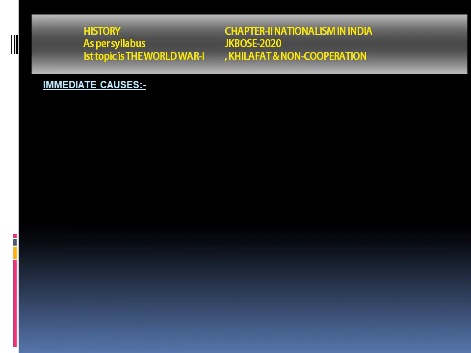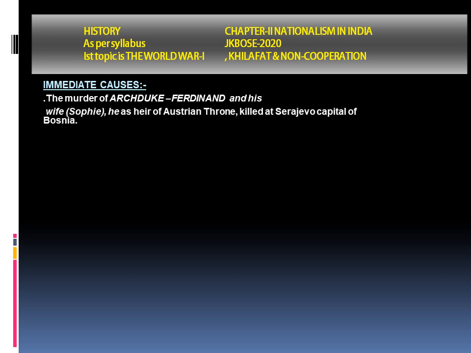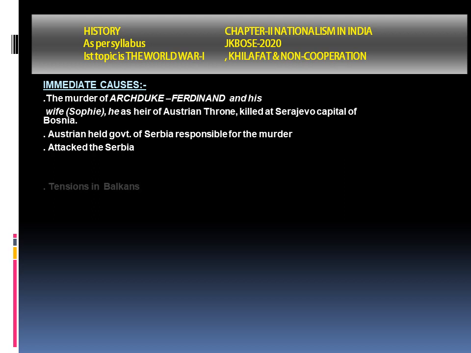Okay, now we will discuss the immediate cause of the World War One. The immediate cause was the murder of Archduke Ferdinand and his wife Sophie, because Archduke Ferdinand was the heir of the Austrian throne and he was killed in Sarajevo, which is the capital of Bosnia nowadays. So the Austrian government held the government of Serbia responsible for the murder. It was a conspiracy made in order to create tensions in the Balkan region. So that is why Austria attacked Serbia, and tensions arose in the Balkan regions, which resulted later in the emergence